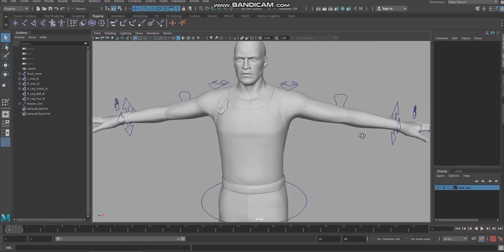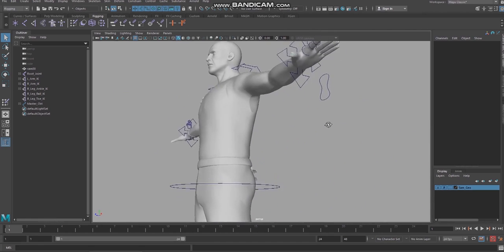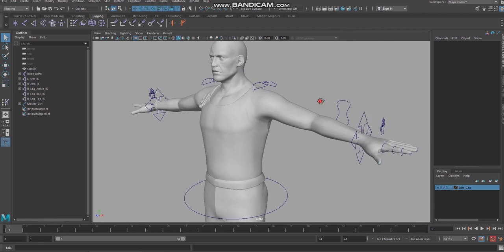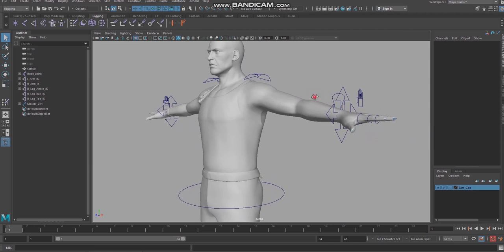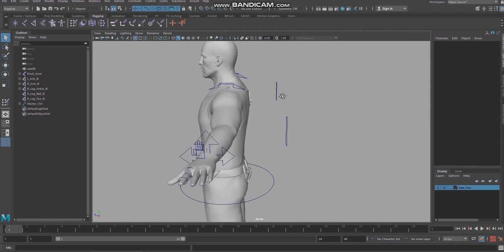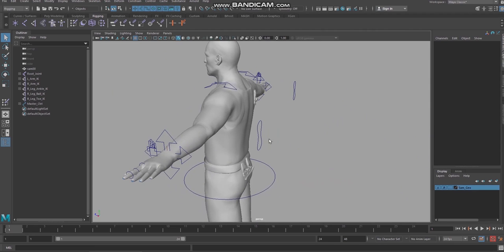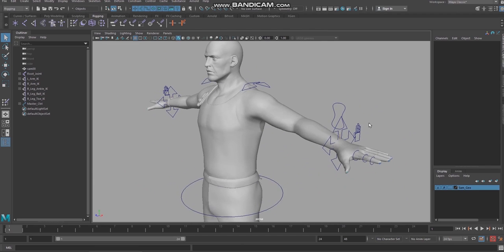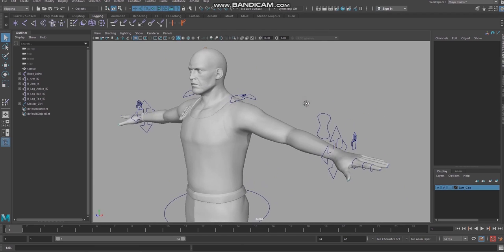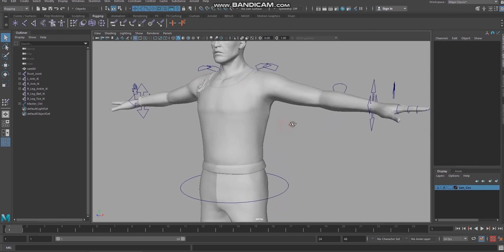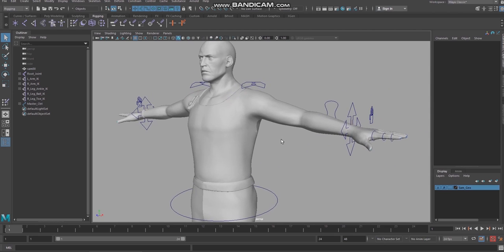Okay, so this spline IK we are going to use today to see how to apply it over the backbone structure of a human rig. Okay, so I hope all of you have done up to this, and